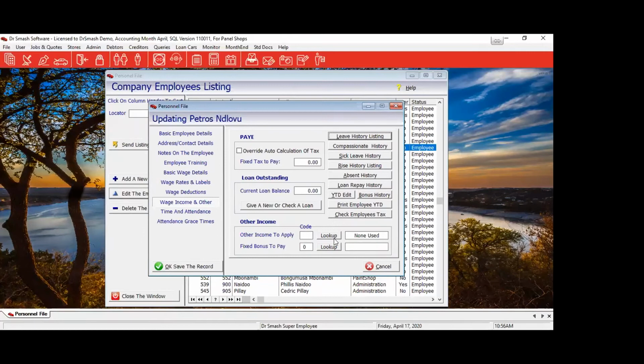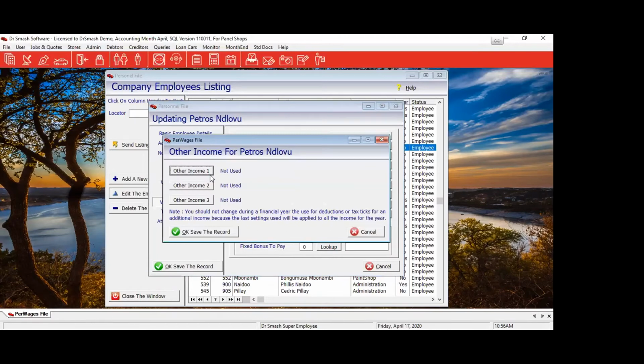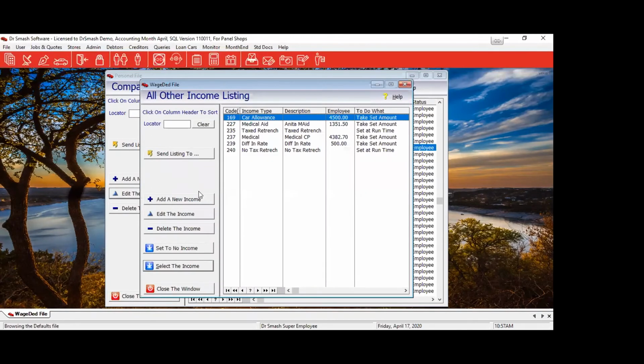Now we are going to be doing other incomes. It could be a standby allowance. It could be a cell phone allowance. It could be a house allowance. It could be any other reason you are actually giving him money. This is where the other income will come in. We go to our lookup. We've got 3 different types of income that it could actually be. So you click on the first one and